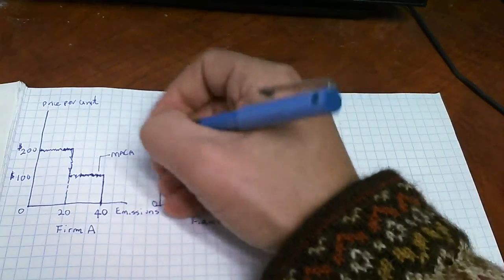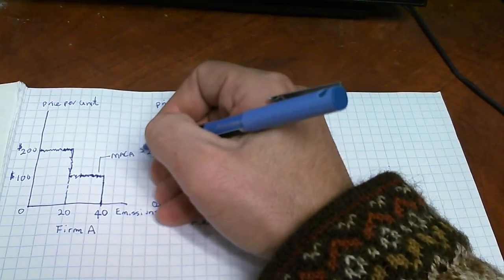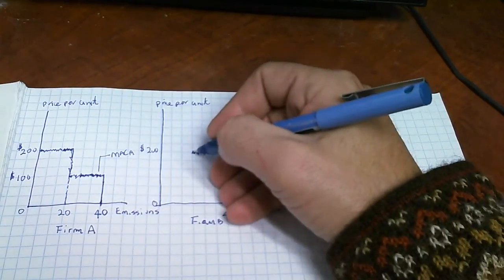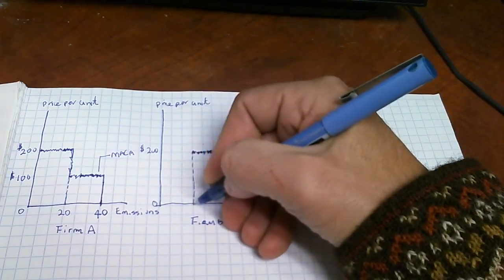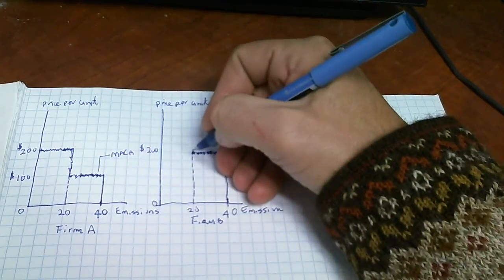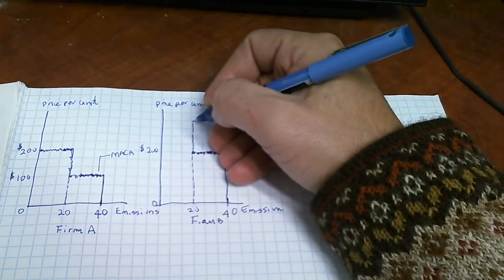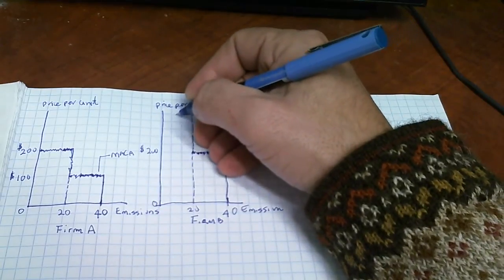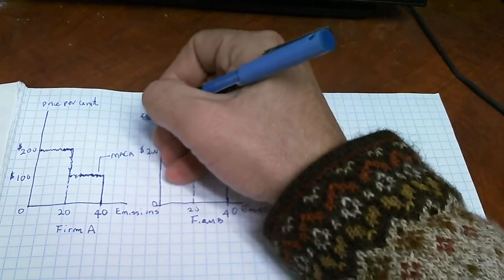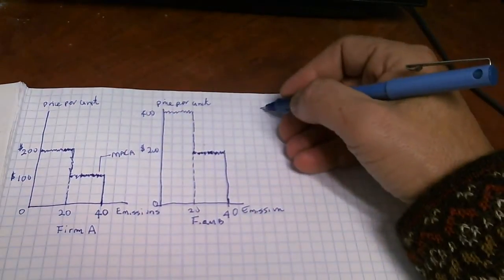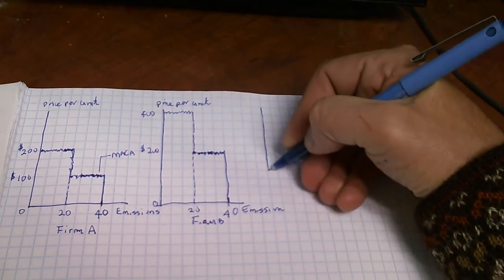Up to the first 20 units, it's costing this firm $200 per unit, and then for the next 20 units, it costs them $400 per unit. Okay. Now, how do we get this total